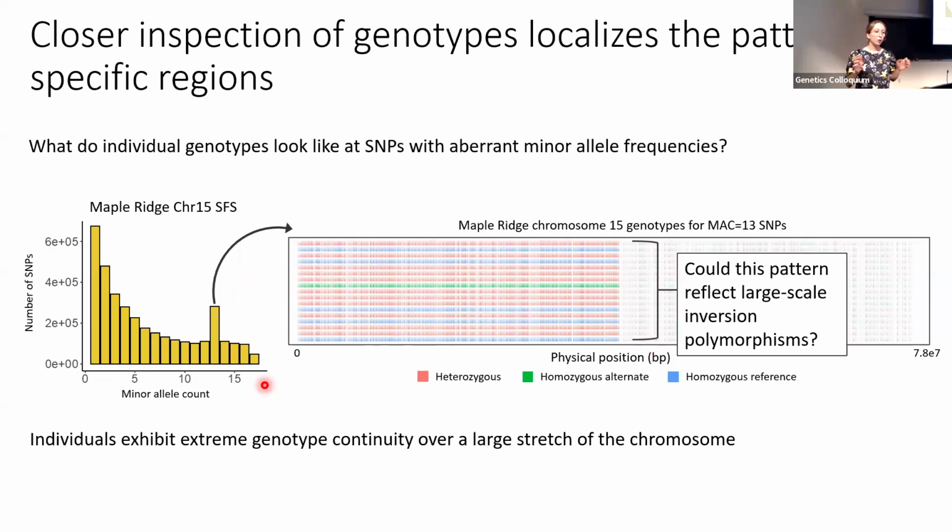And so what we think is actually going on here is that these genotypes reflect large-scale inversion polymorphisms, and that the genotypes of these mice are actually telling us something about the arrangement of these inversions in each of the mice. An inversion, like it sounds, is a section of chromosome that has an opposite orientation to whatever we consider the standard orientation, and they can arise for a variety of reasons. And the support we have for this hypothesis